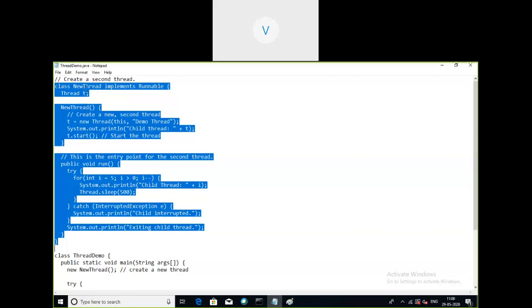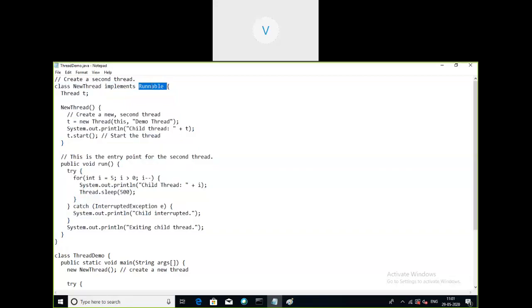The first class is named NewThread, which implements the Runnable interface. We know that there are two ways to create a new thread: either implement the Runnable interface or extend the Thread class. We are seeing the first approach, implementing the Runnable interface.